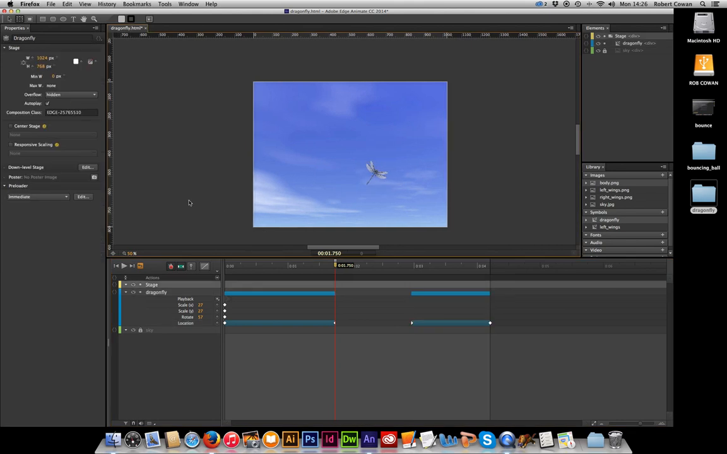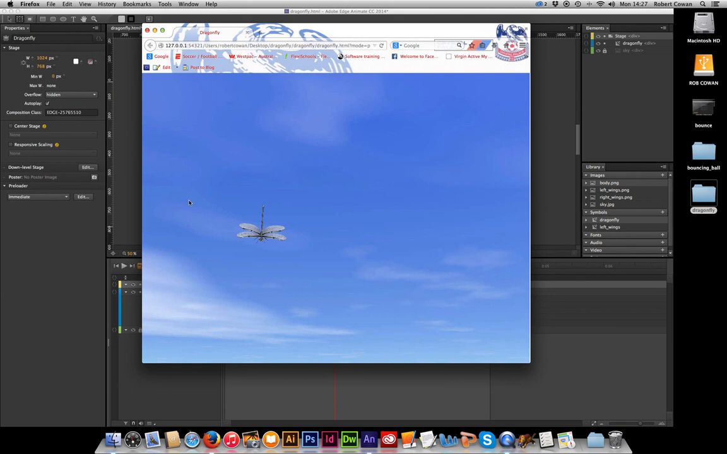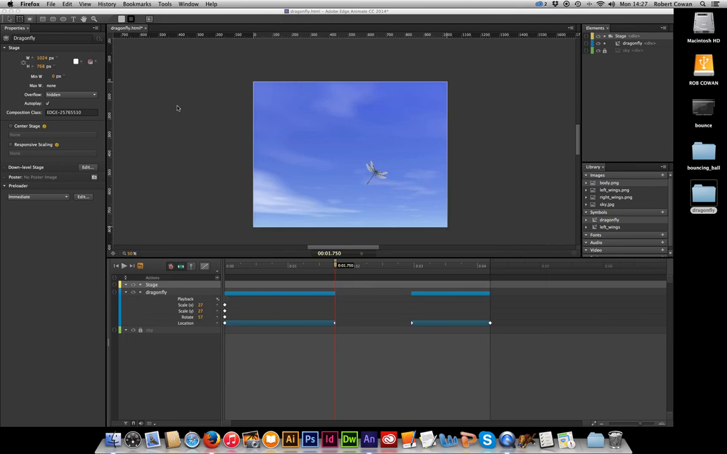Now if we test that, and there he goes, he flies off the screen. It has a break in the middle. And that is using a motion path, auto orient, and creating